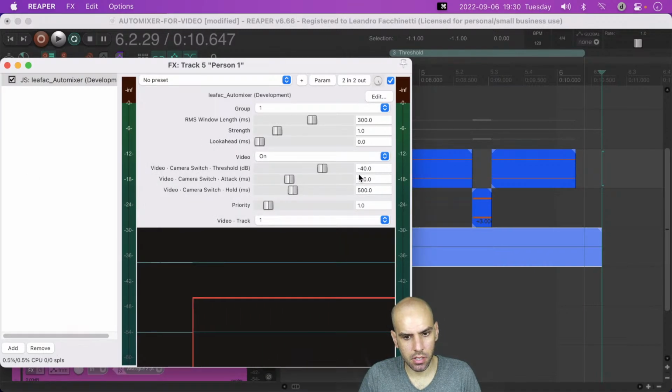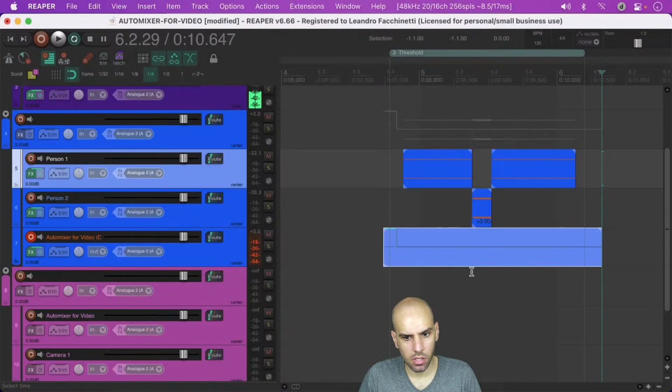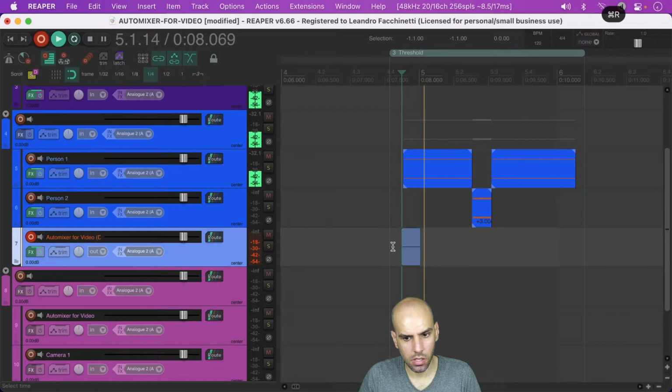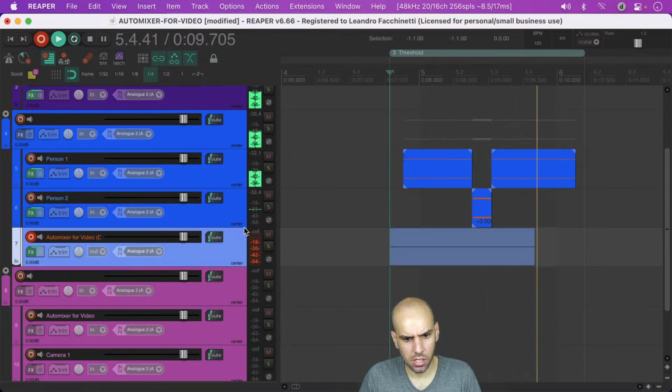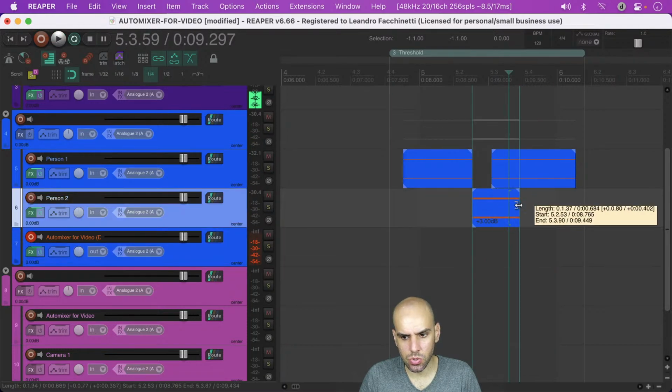Why would it be? Because maybe the threshold is already too high? Hang on, did you see the meter moving here? No, the meter moved there. Okay, so maybe this region is too small.